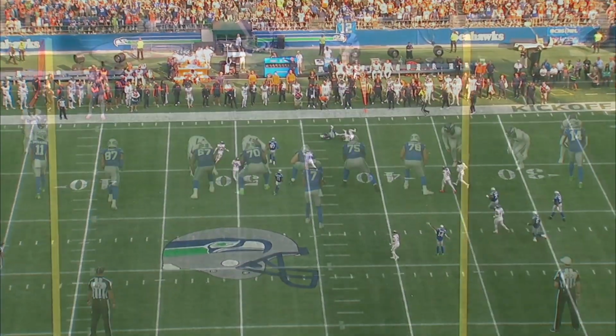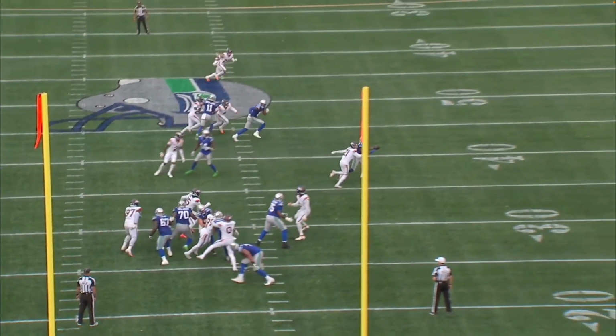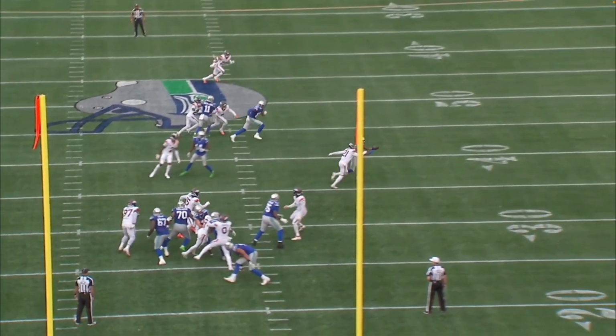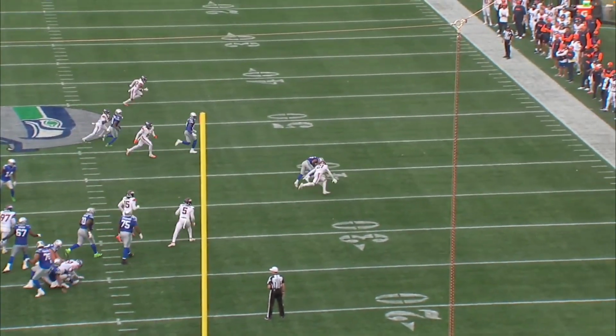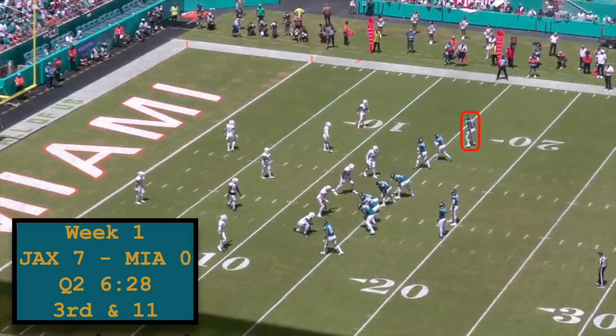From the end zone angle, you can see how tight this window was. There was no margin for error. He put it just barely out of the corner's reach and just barely within Lockett's reach to put the game away. Trevor Lawrence gave us a beauty to claim the number 2 spot on a 3rd and long in the